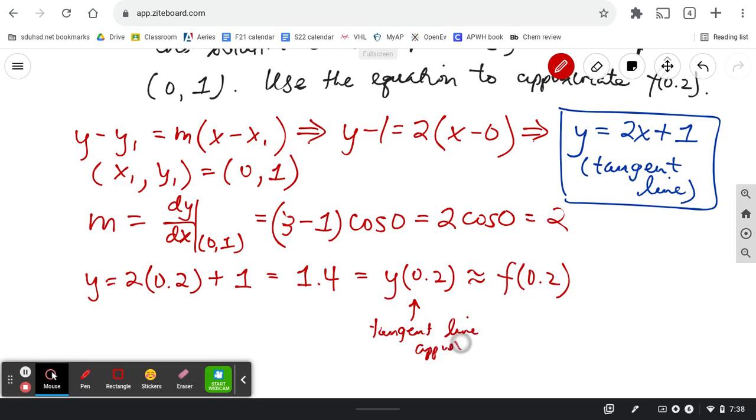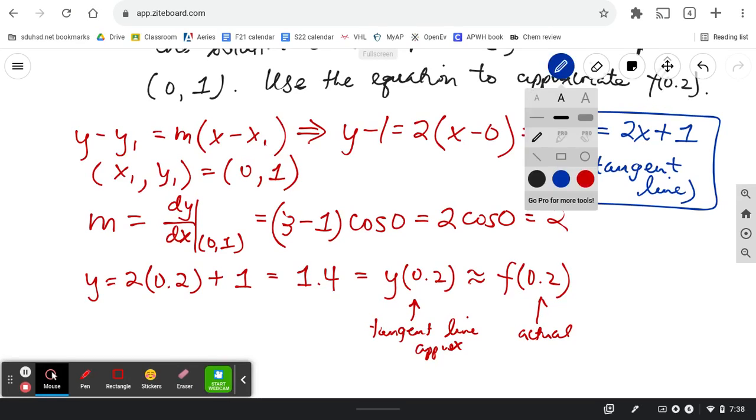And this is our actual. So we can't equate them because they're not quite equal to each other, but we can use the slope at the point to basically estimate a value on the solution curve, the idea of linear approximation. Our answer here is